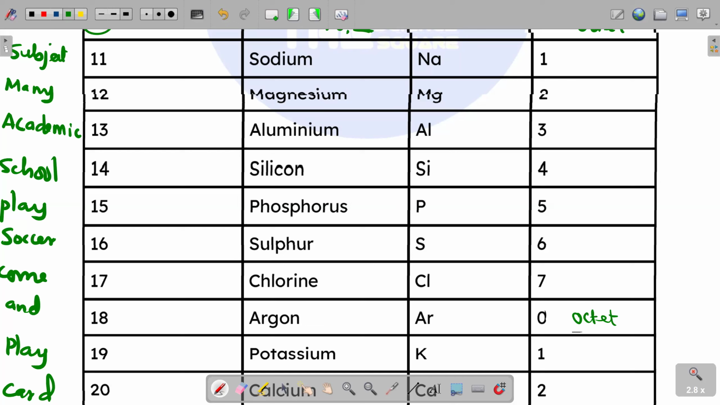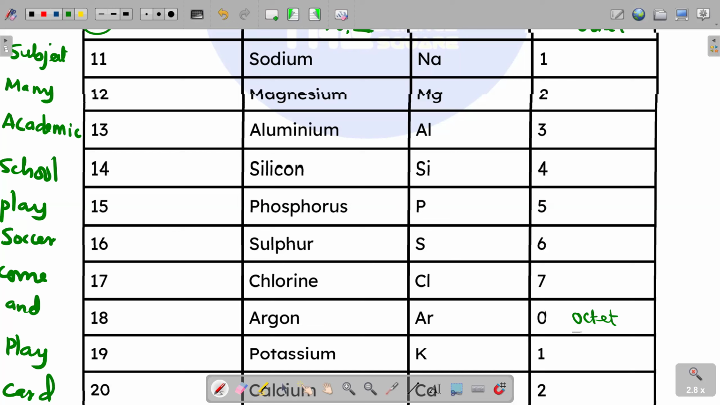For helium, it is duplet. Why for the rest do we say they have attained octet? Meaning they are very stable at that stage because they have fully filled outermost electrons. Fully filled outermost electrons. And this is the joy of every other element. In fact, every other element that participates in chemical reactions is trying to attain this stability